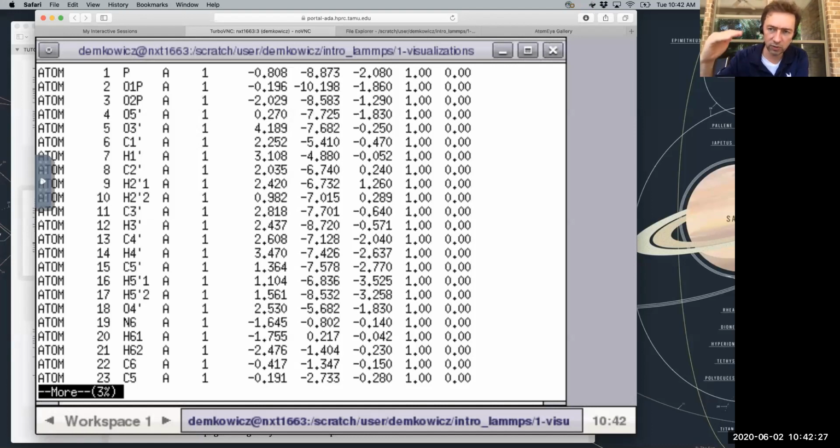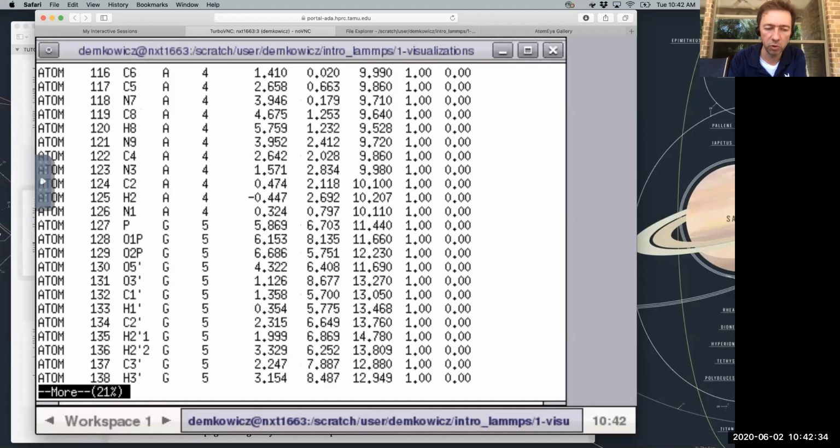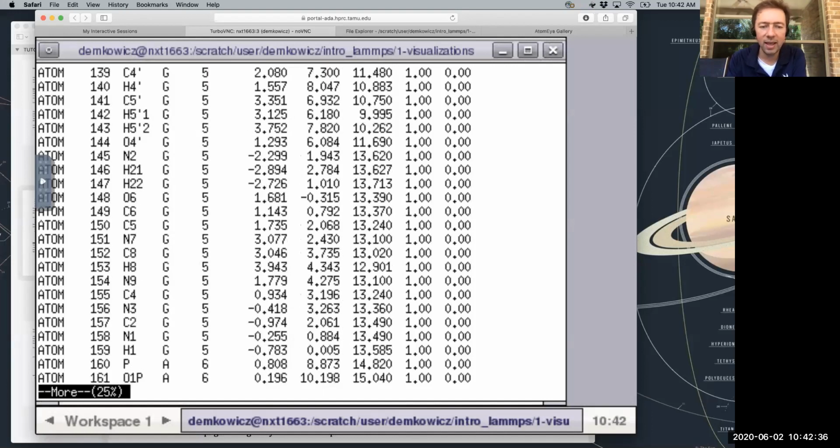And if I want to scroll through and see the other bits of the file, I can press the space bar, and it'll basically just show me more and more and more of the file. Okay, and whenever I'm done, and whenever I'm bored looking at all of these rows of atoms, I can just press Q and that exits. Okay.